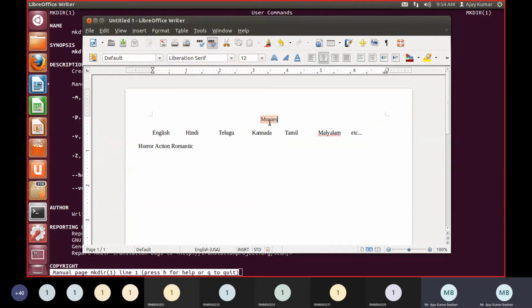This is a main directory. Within the directory, people have created these folders, right? So these are Hindi, Telugu, Kannada, Tamil, Malayalam, and so on. Now here within English, again you have created multiple folders and you have sorted the movies based upon categorization, like we have thriller movies, action movies, romantic movies.